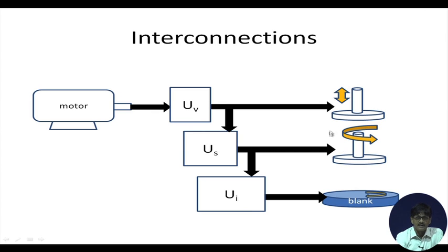So, the cutter starts rotating twice as fast. Now, in order that the cutter and the workpiece should always have the same RPM ratio, this factor which has changed at the output of US, that is also brought here, and the blank starts rotating twice as fast. So, they still retain the RPM ratio in between,